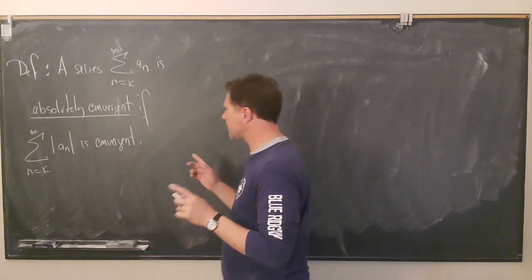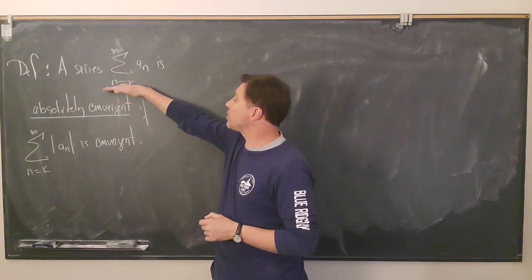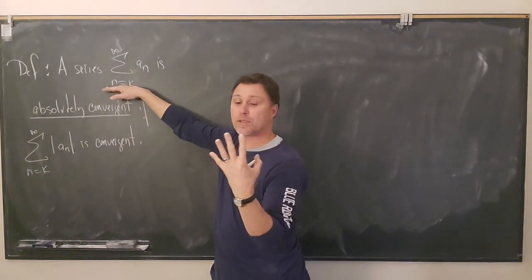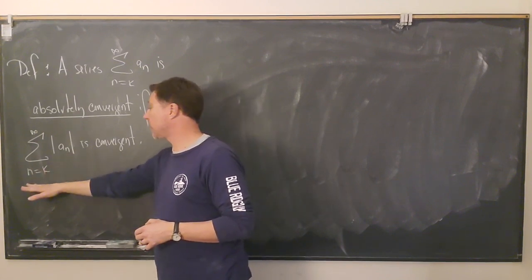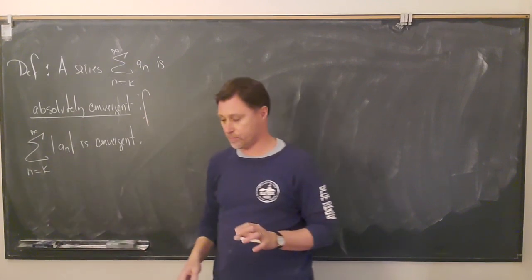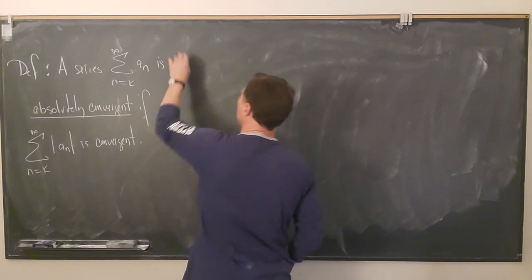So what's happening here? The original series is called absolutely convergent if when you put absolute value bars around it, you get a convergent series. So for example,